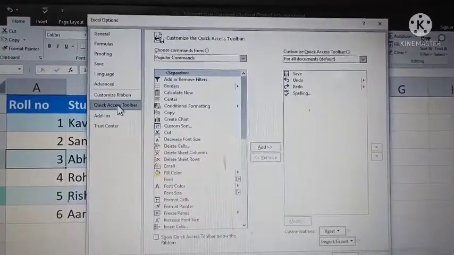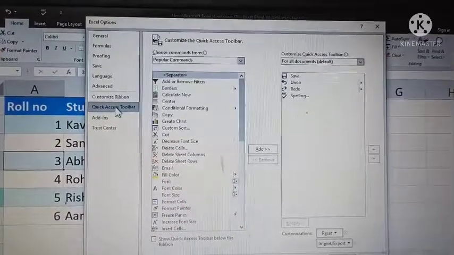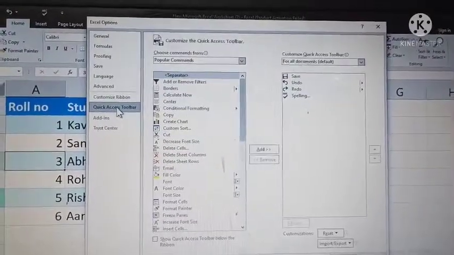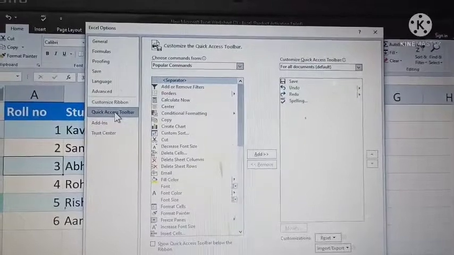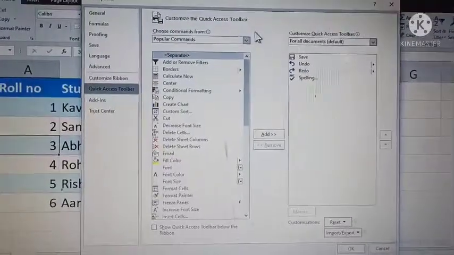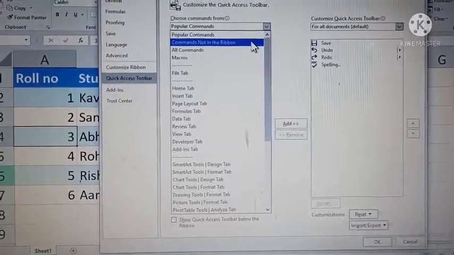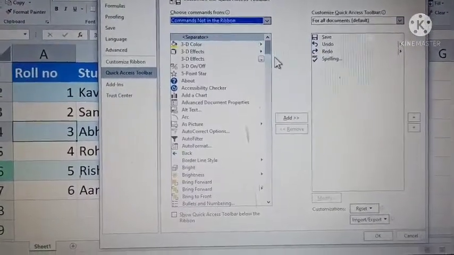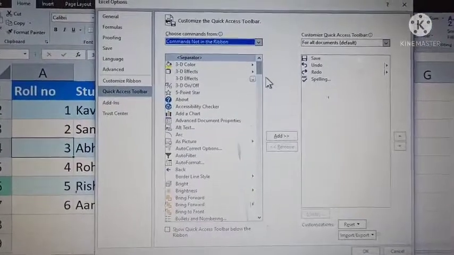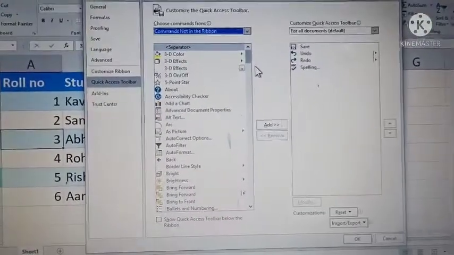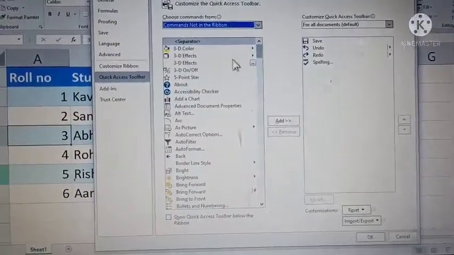Click on the Choose commands from drop-down arrow button and select the Commands Not in the Ribbon option. Using the scroll bar, browse and click on Form.